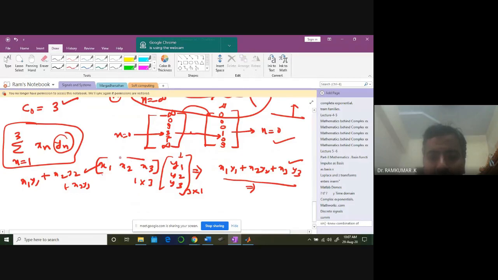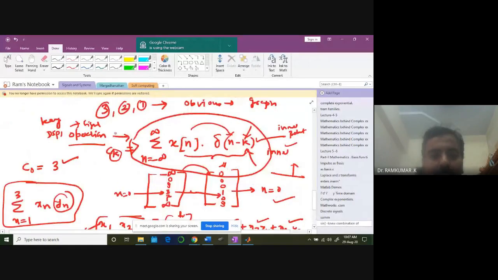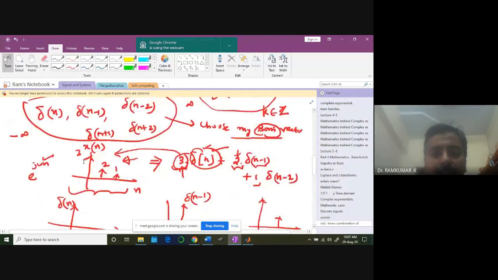You understand how I am writing this row vector and column vector? This is 1 cross 3 dimension, 3 cross 1, and then if I multiply, I'm doing inner product. So I'll be getting elements like this. This is nothing but one single number I'm going to get. Always inner product ends in one single number. So the same thing happens here. When I do this inner product for C0, I'm getting one single number. So that's the number, the coefficient. This number I'm getting. These numbers I have to compute.